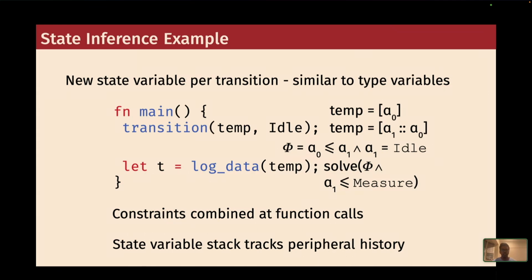We collect these constraints both when analyzing function body and at the call site. Finally, whenever a function is called, we combine all of the relevant constraints together and solve to understand what the precise set of states a peripheral can be in. And importantly, we store all of these state variables in a stack in order to understand how the